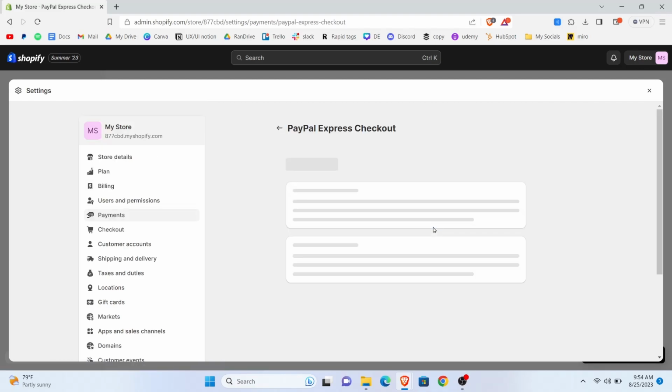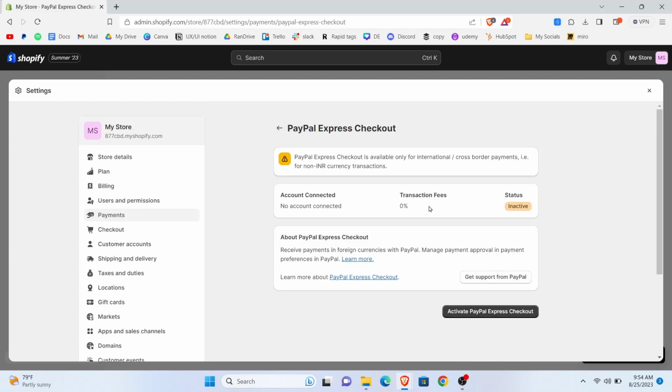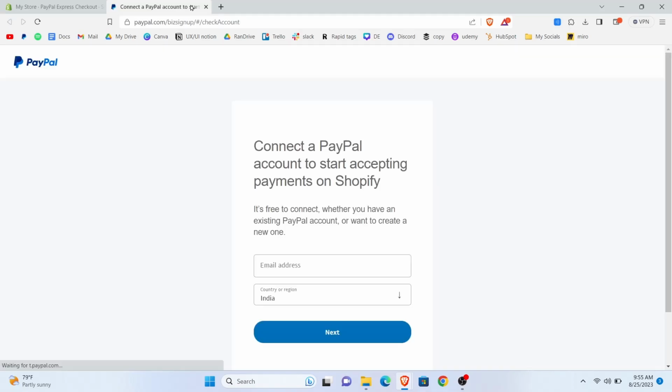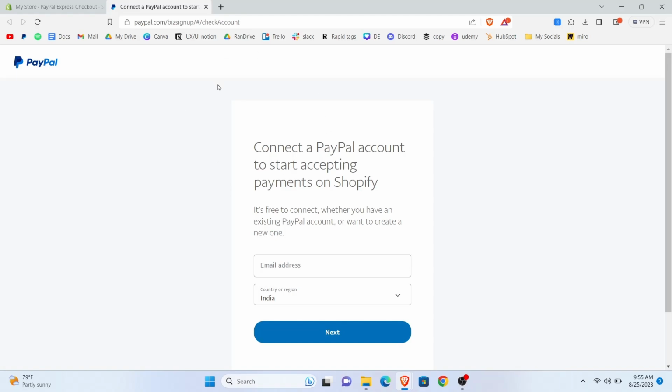tap on activate PayPal. As you can see here, PayPal Express checkout is only available for international or cross-border payments. Now select activate PayPal Express checkout from the bottom, and then you will be redirected to the login page of PayPal. And here you can see it says that by connecting a PayPal account, you can start accepting payments on